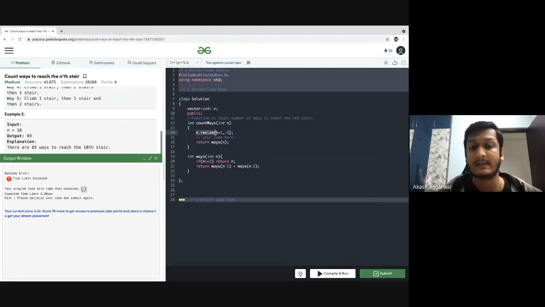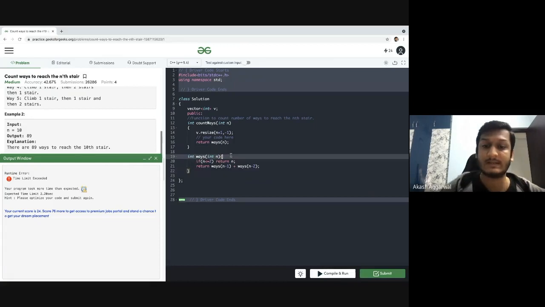So here we are resizing it. Its vector property is that it can resize itself very dynamically, not like an array where we have to declare the size previously. So here we have done v dot resize, and we are declaring a vector of n plus 1 and initializing all the values with -1. Just letting you know, in case you don't know. Then what we are doing here is,